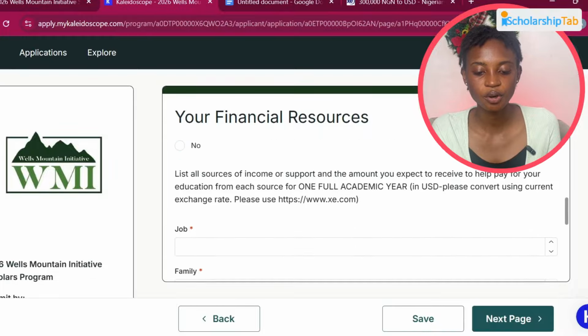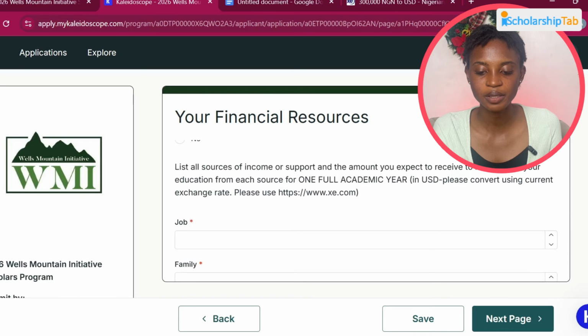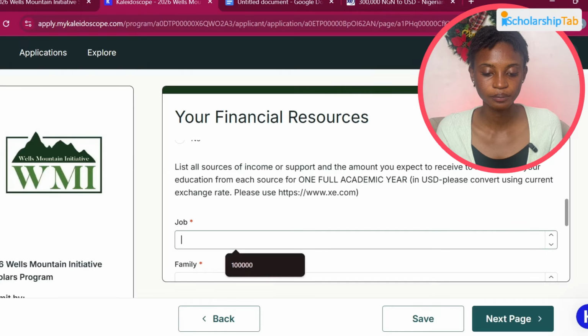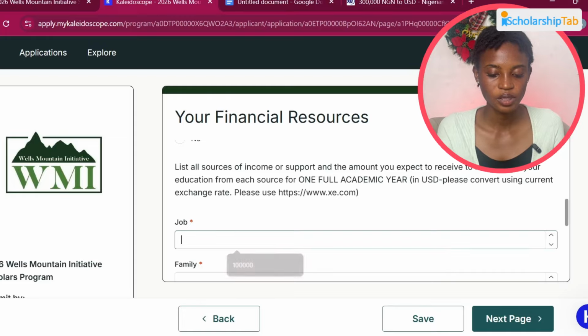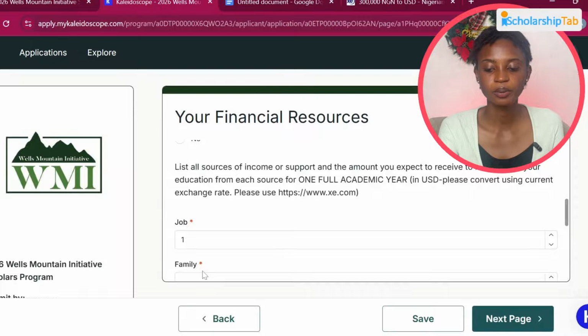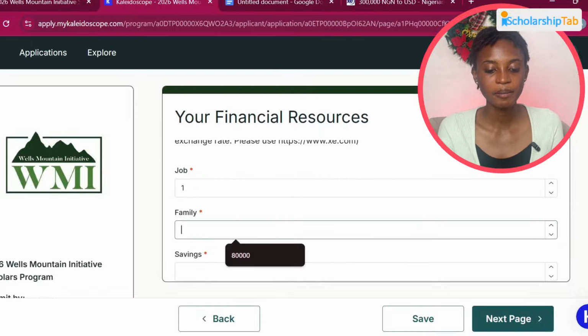List all sources of income or support and the amount you expect to receive to help pay for your education from all sources for one full academic year. So you'll be giving this in USD, so make sure you use this currency converter. So yeah, sources of income that you would expect money from, say my job, which is going to be the tutoring job. Let's say I have one job, so I'll type in one. My family, say nobody is going to be